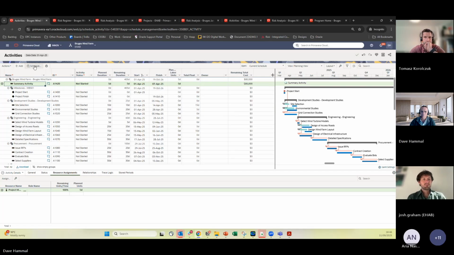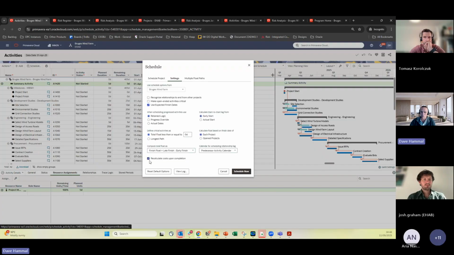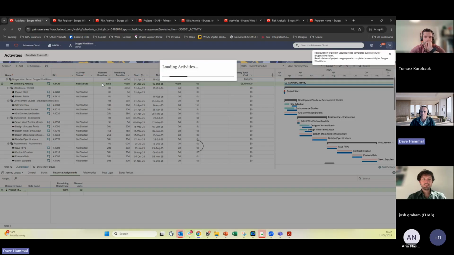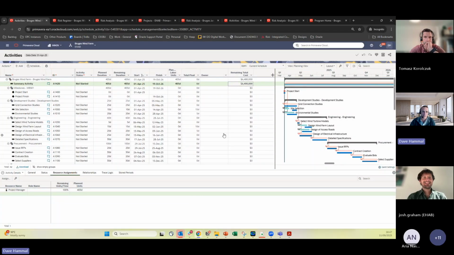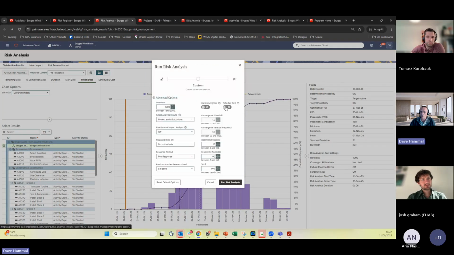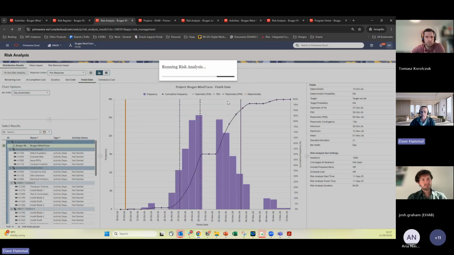When you run the scheduler in here, you've got the option to also calculate costs at the same time. At the minute, it's just got a default duration of 5 days, assuming I've done this correctly, which is a good chance I haven't, because I'm trying to do it on the fly in the middle of a demo. Okay, so it's got a cost of 6.5 million roughly. It's a relief. And if I now run the risk analysis, I'm in the right one here. You've also got this schedule cost option, which just means also recalculate the cost at the same time as you go. It's exactly the same as the schedule cost option that you've got when you run the scheduler.